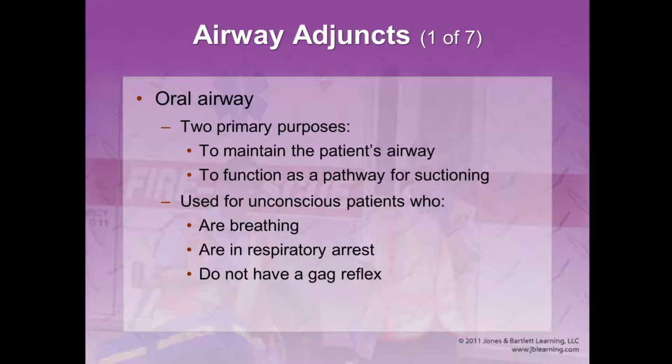So we've talked about the airway adjuncts. The two things that we have available to EMRs is the oral airway and the nasal airway. So the oral airway is used for unconscious patients because hopefully they do not have a gag reflex, where conscious patients are typically going to have a gag reflex. So if you have an unconscious patient, they're breathing, and we want to keep their airway open using an oral airway,